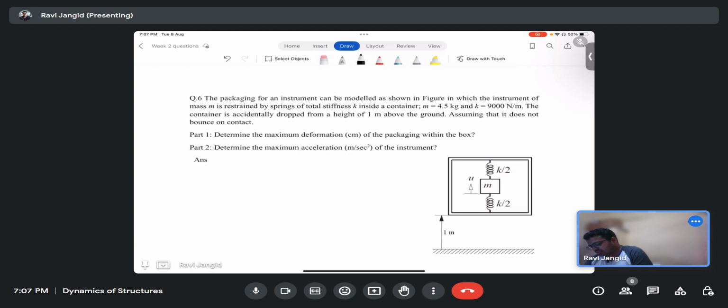So what is my system? The mass is m, and it is a system in which the stiffness is k by 2 on each side. So is this system parallel or series? Parallel. Okay. So my total stiffness would be k by 2 plus k by 2. K equivalent would be k by 2 plus k by 2, that would be k. Okay. So my initial conditions are,